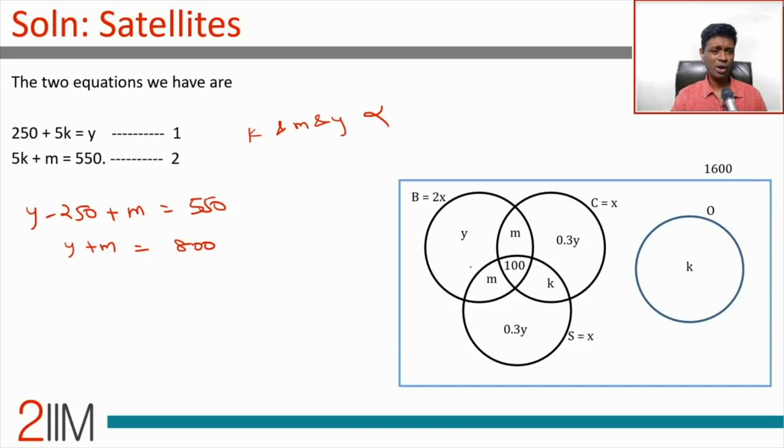So that's one other way of framing the same set of equations. Y and m add up to 800. And so another way of writing the same equation. Same two equations we are combining in a different way. But you haven't got anything more than this. And so we have not dealt with anything with x.